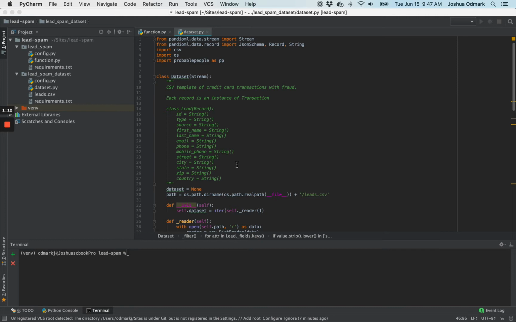So what we have here in front of you is a dataset that I built with PandioML. The premise of this one is it's trying to detect lead spam. So what this dataset is doing is it's retrieving things like form submissions, submissions that somebody manually typed in, and form submissions that are submitted over a web form. So three distinct sources of information, the same type of information,